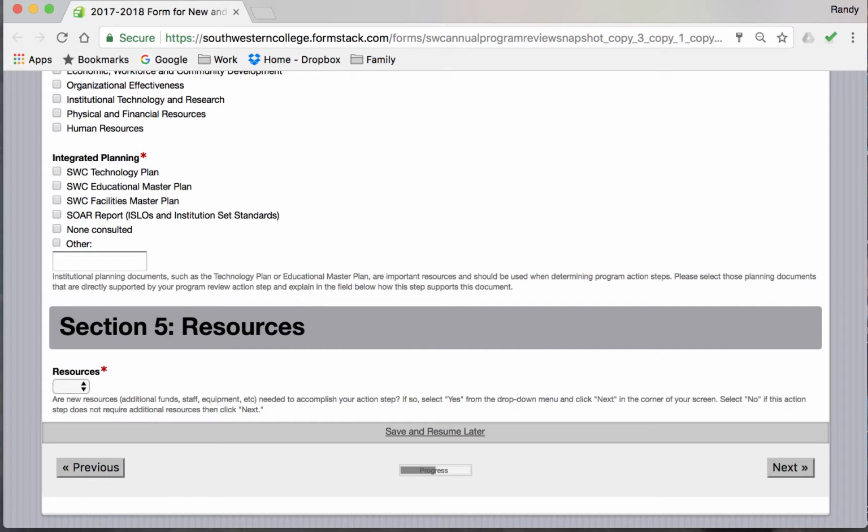Before we begin, it's important to note that not all action steps will require additional resources, and the resource requests you make should be made in consultation with your supervisor, your dean, or your director prior to completing your action step. So let's begin. When you reach Section 5 of the action step form, you'll be prompted to indicate whether